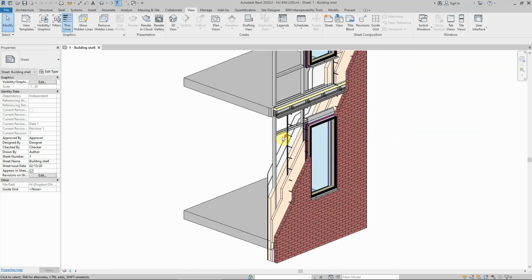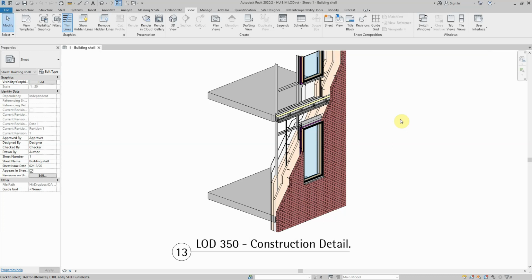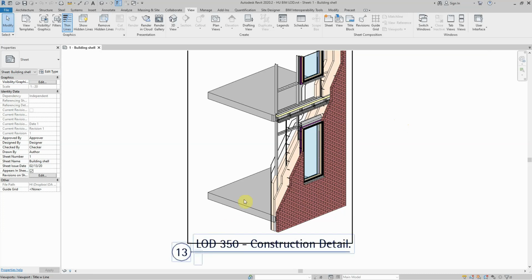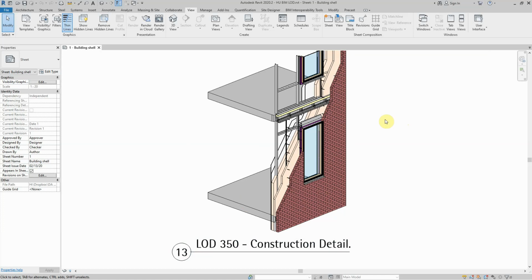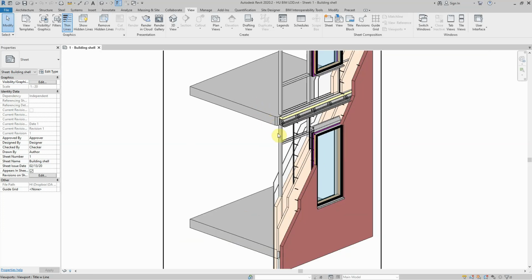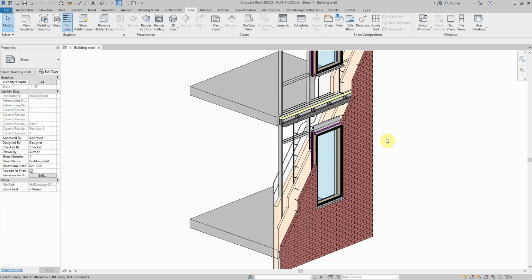Internally, we are adding similar information to the walls, internal floor finishes, ceilings, and at the same time, the MEP consultants and other engineering services are adding information to their model to get it to a similar level of detail as we have here for the external architecture of this building.